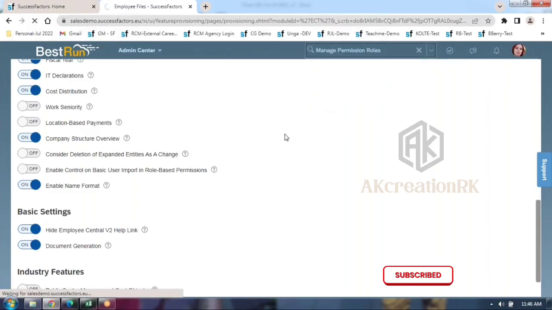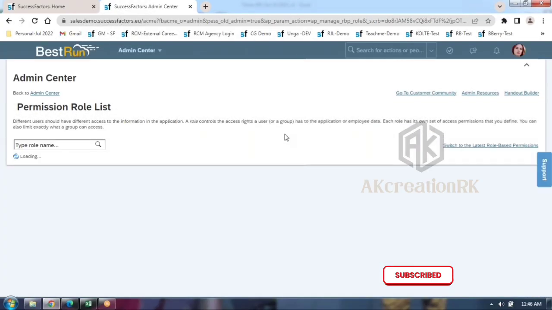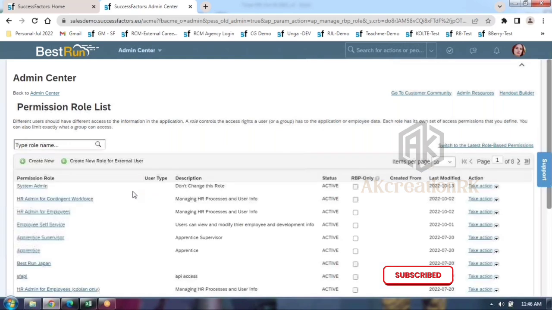Now I'm going to discuss RBP for time management, guys. We already came across EC RBP, the way to set up permission roles for EC. Now go to your permission role, whether system admin or super admin, whatever.